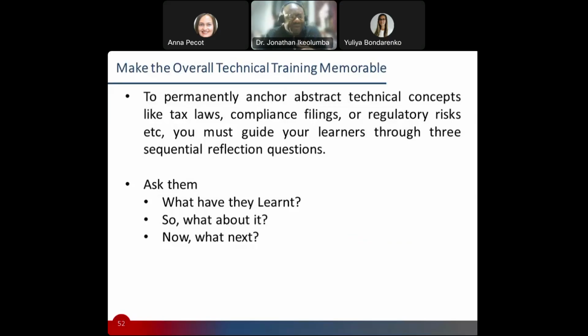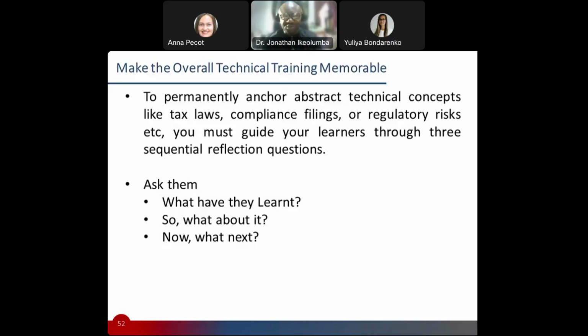So I would say that in terms of making sure that the learning experience is memorable when it's a technical training, your cues, your anchors, your questioning styles too should be reflected. So I want to see things like, what have you learned, being asked over and over? What does it mean for you? Terminologies like that or cues like that. What are you going to do next? Those kind of terminologies that show we are walking away from this session with an action plan in mind. What would you do differently?